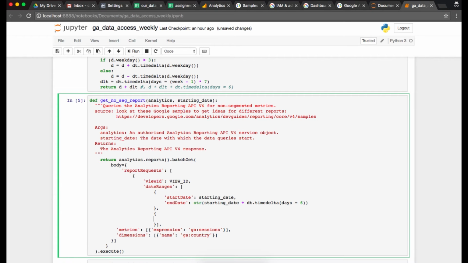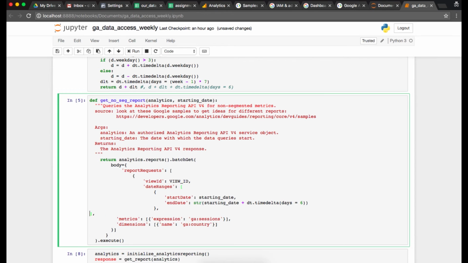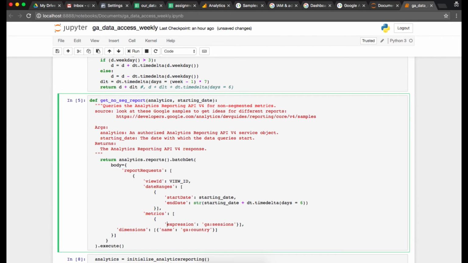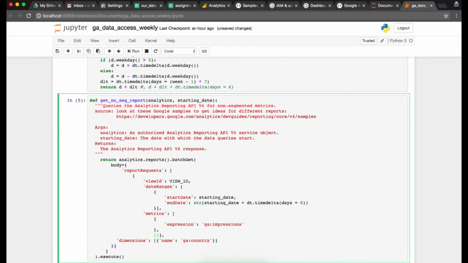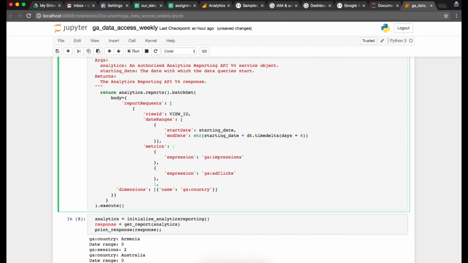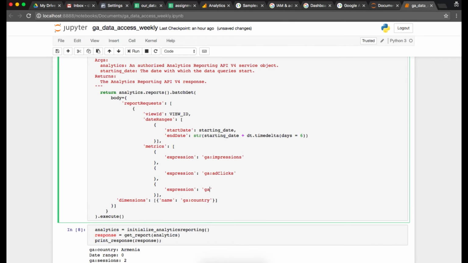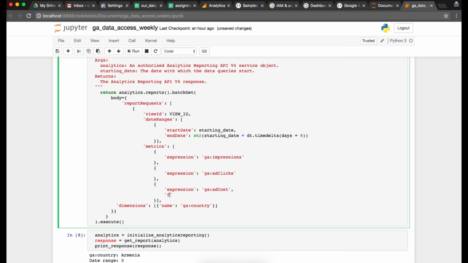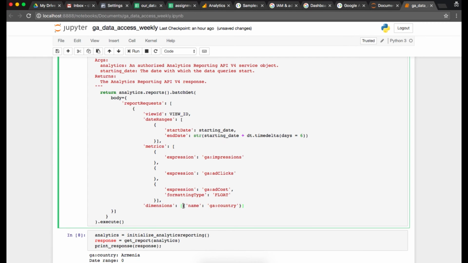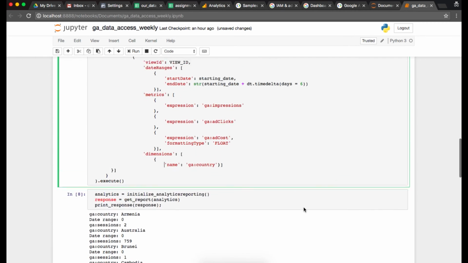We also need to get some metrics. The problem we have stated in the beginning needs the impressions, clicks, and ad spend. So we should change our first metric from GA sessions to GA impressions and add the other 2 expressions. The GA ad clicks and GA ad costs are those 2 expressions you need to add. Mind the capital letters, and for the last expression we also need to define the formatting type, which is a